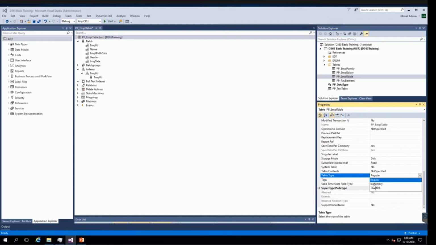In memory we cannot use joins in our X++ SQL syntax. And with tempdb, this temporary table resides in the tempdb database of the SQL server. So here we can apply joins, and any queries we use for a regular db table we can apply the same in tempdb tables. So this is the difference between in memory and tempdb. In memory is the same concept we used in AX 2009, a simple temporary table. So now we will select regular table.